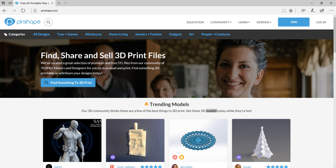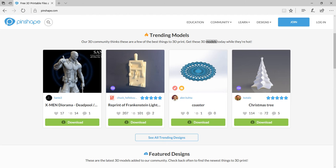Our later assignment, we're going to be building something that can be 3D printed. Okay, so just some examples of stuff. This is like one of my first ones that I built. So what I want you to do is to start thinking of something that you would want to create and